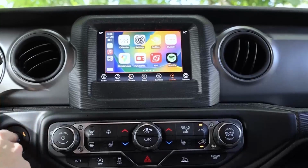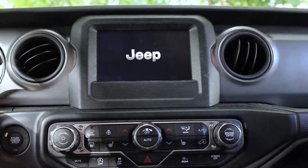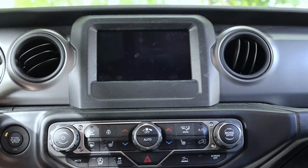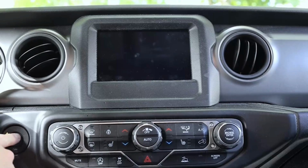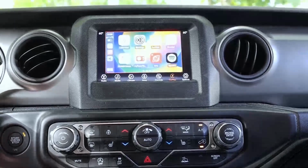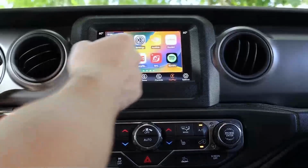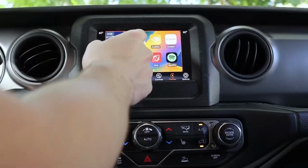And if we shut the vehicle off, get out, and then start it back up, we can see how quick it is to auto reconnect and start back up Apple CarPlay. As soon as we start the vehicle back up, Apple CarPlay is already populated. It takes a quick second for it to reconnect so that we can manipulate the screen and